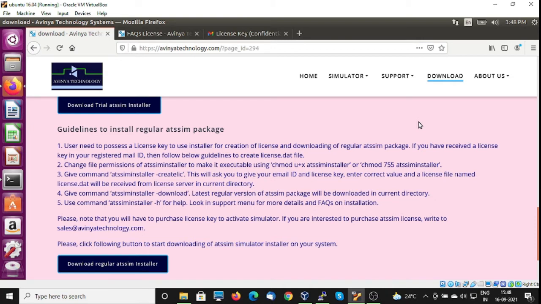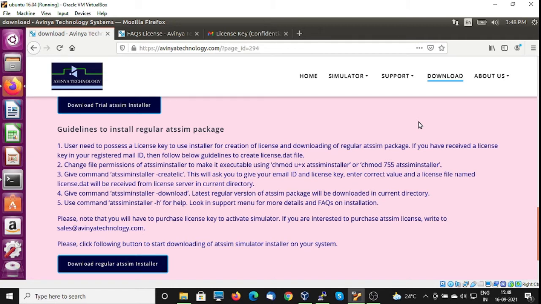This activation key will be provided on his registered email ID. Now we shall start downloading the ATSM installer program.